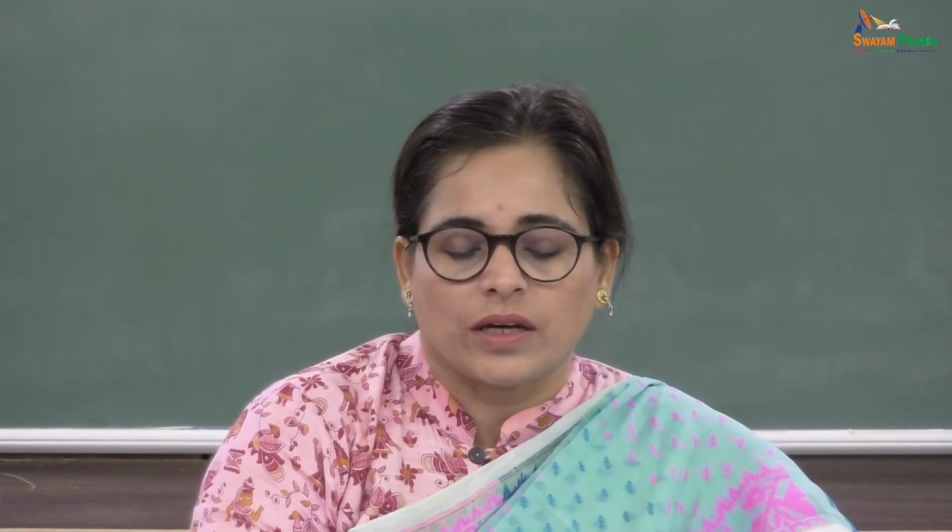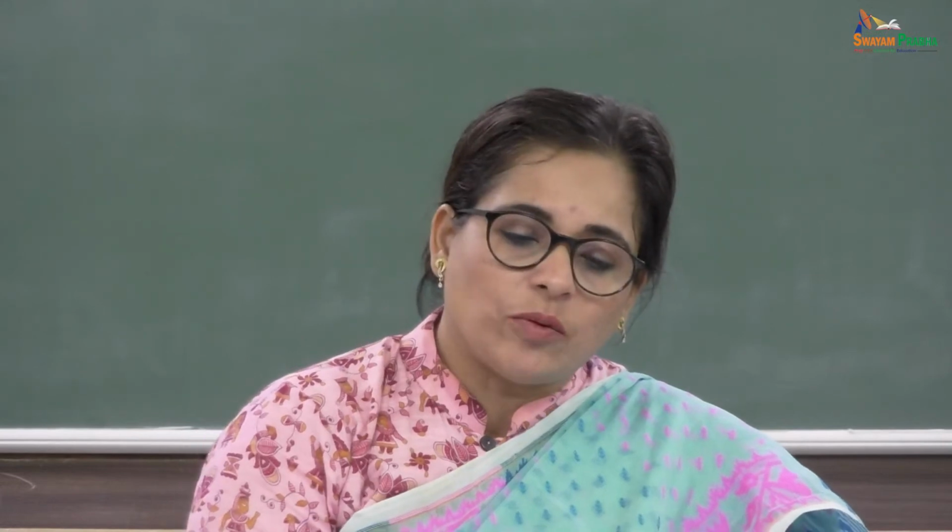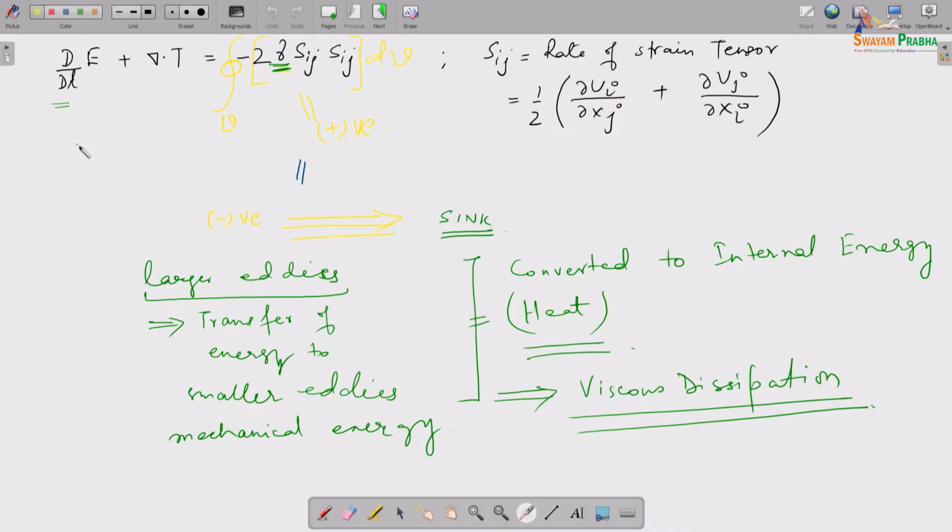So when I took the integral of this entire equation, what we're trying to say is what is the total rate of change of energy in the whole thing, and we equated the left hand side to the right hand side. So this is basically telling us the net change in energy. Now that is happening because there is a viscosity property of the body, and this part, if you integrate, then that is essentially giving us the